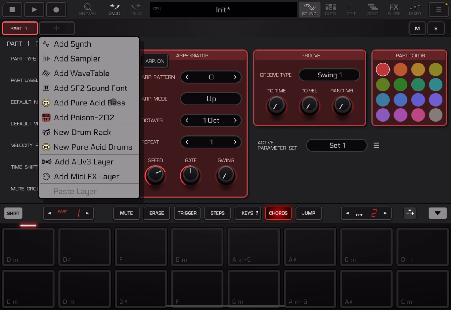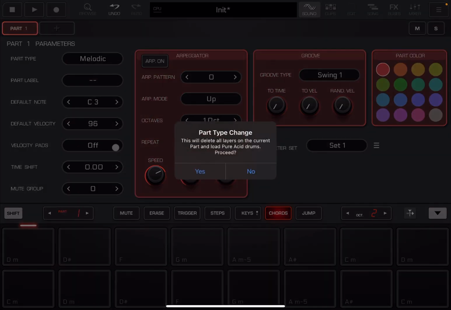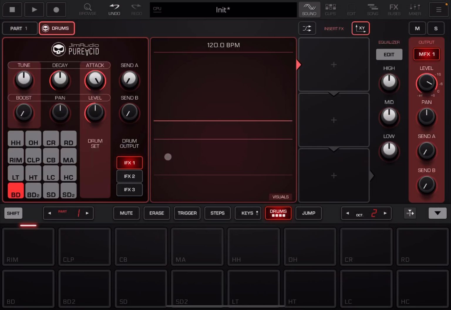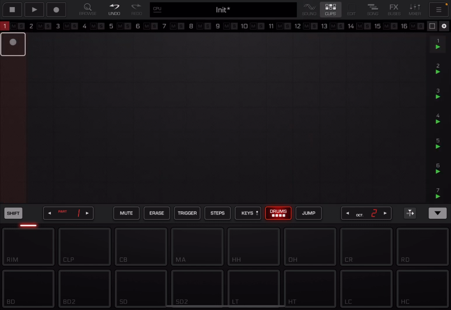And one of the questions which was asked by a subscriber already is recording from a pure acid. Right, well, if you select pure acid drums here, it will ask you to change, of course, the type of part. Now, the internal version here doesn't have the internal sequencer applied yet. So yes, you can record, but you will record, of course, manually against the clip. So if you go to clip, double click to create the clip, select record, play,